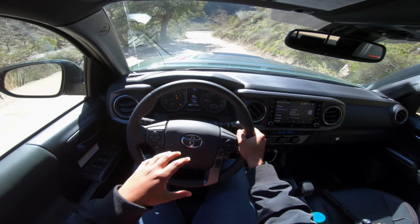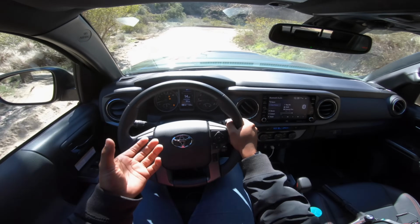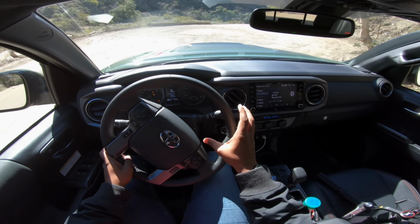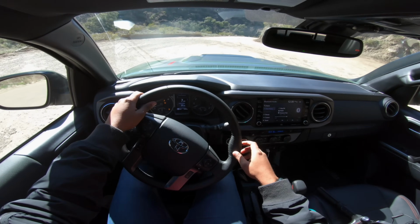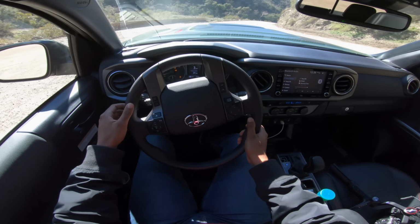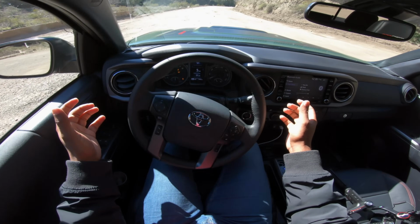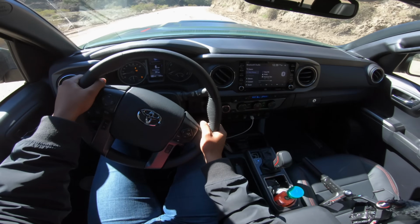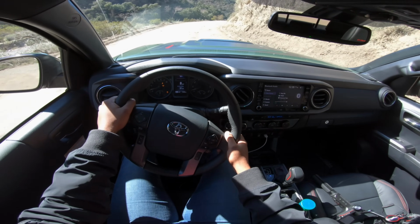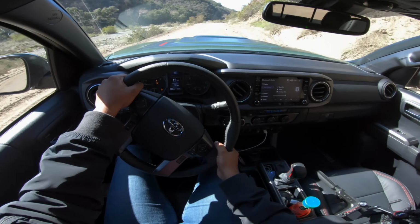And the way these shocks work, the initial hit of a bump, it's very well damped. It's actually kind of soft in a way, and then it starts to firm up as it gets further down. So with this part, it's not bad. It's nice, it's good. And even though I'm being tossed around, you don't hear things like clinking about or anything like that. It's good. And then if you go a little bit faster,